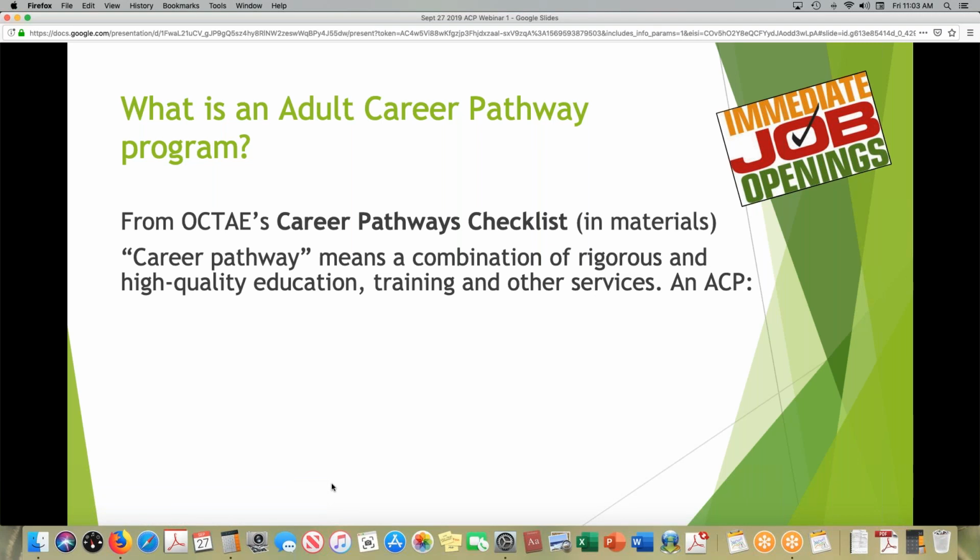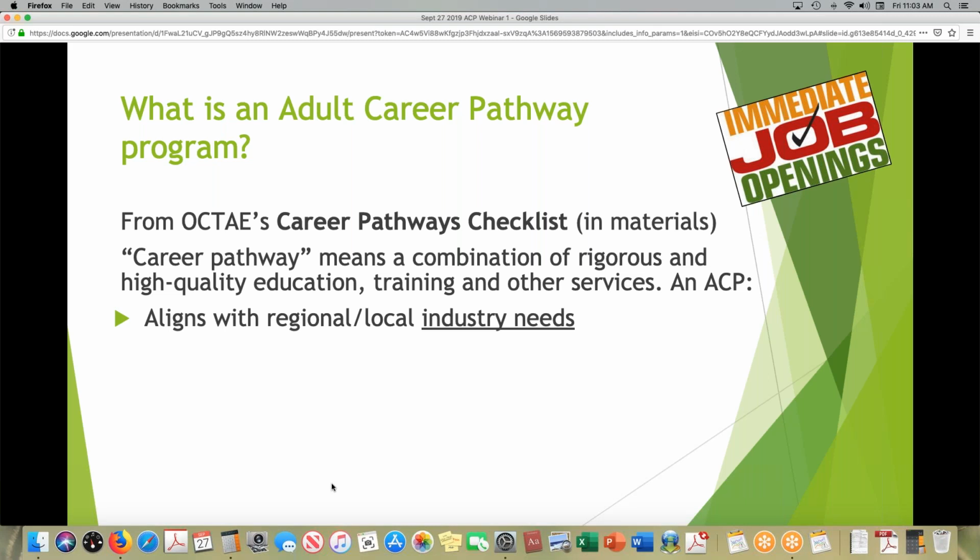So an adult career pathway includes aligning with regional and local industry needs. And this is exactly what I think Heather was touching on, and also what Laura had mentioned about how do you work with what your learners want and need, and then also work with what industries in the area need.